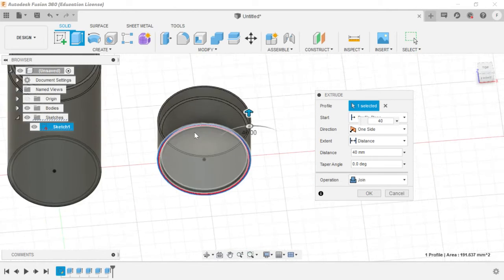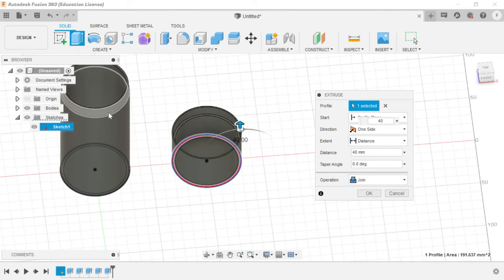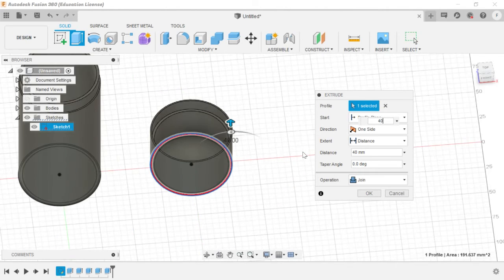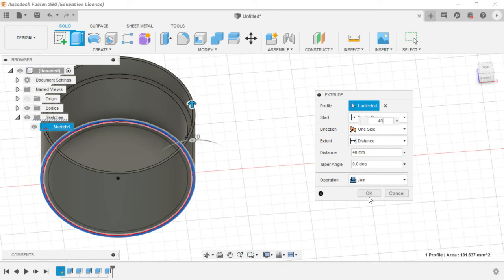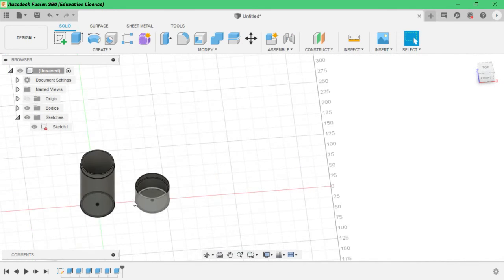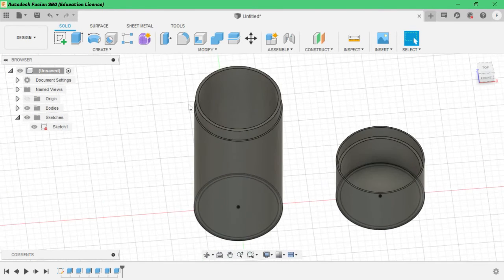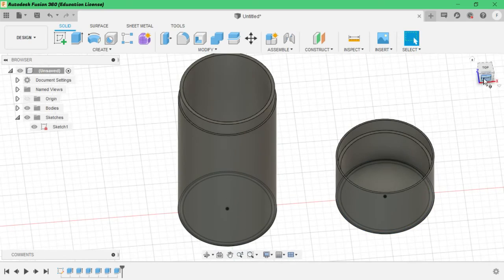Difference has to be 10 so that both will combine here. Understand? This has to be on top of this. Understand? So giving 40. Okay. Now our first 3D model is done.